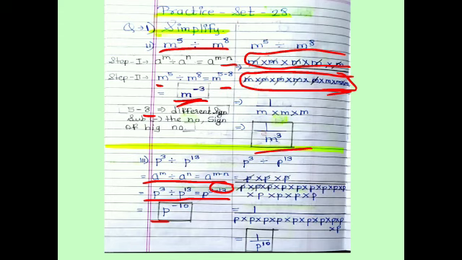Again the explanation is the same as given above. How did we get the minus 10? The 3 is a smaller number and 13 is a bigger number. When a smaller number is subtracted from the bigger number, what you have to do? Subtract 13 minus 3, 10, and give the sign of the big number. The big number is 13, and 13 has a negative sign. So therefore we got the answer p raised to minus 10. The second method of explanation is the same as above, which you have to refer to.